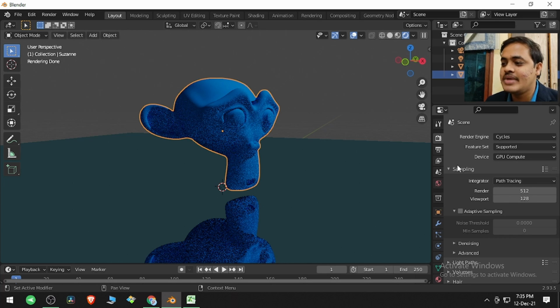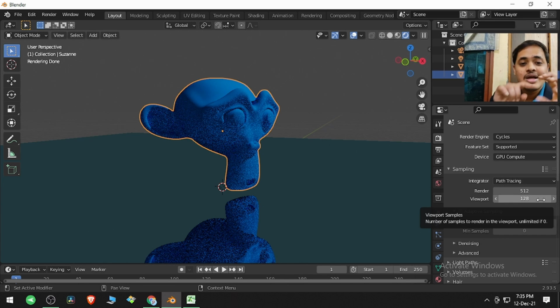What sampling actually means is, now in the viewport there are 128 values. From the camera, 128 lines will be coming outside and striking the 3D scene, and it's going to analyze if the point where the ray is touching is being lit by a lamp or not.